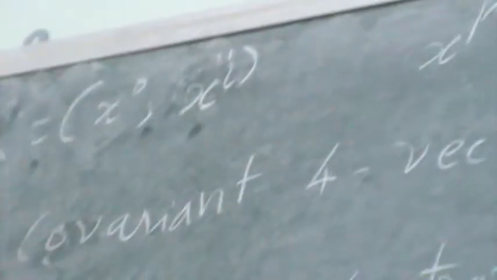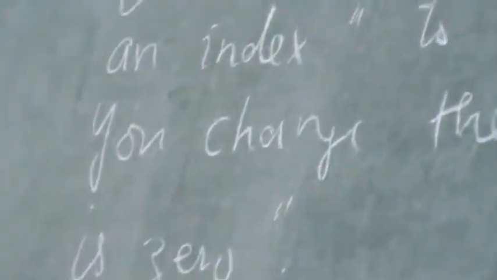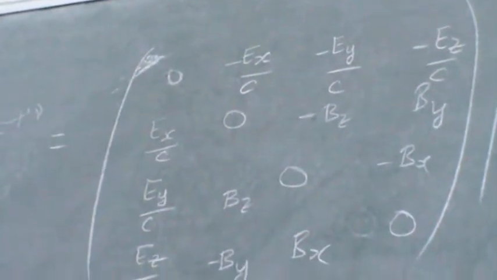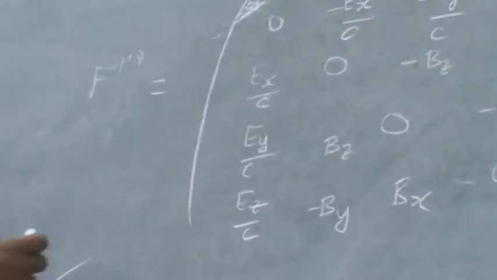So we have two things now in the special theory of relativity. We can write the metric g mu nu either as minus 1, 1, 1, 1, or as 1, minus 1, minus 1, minus 1. Either of the metrics one can use. Now what do you have to do? You change the zeroth component sign. How will you change?